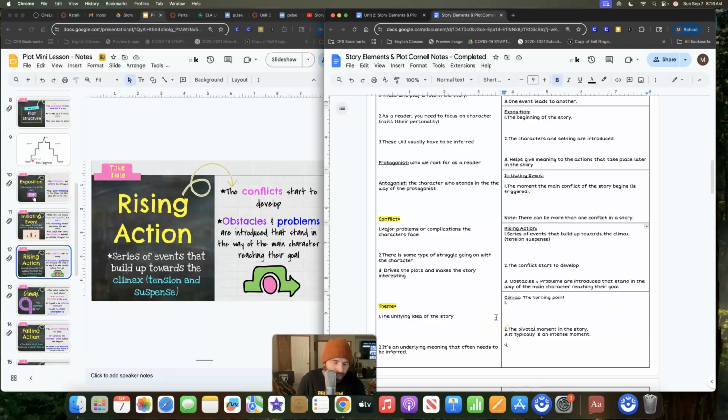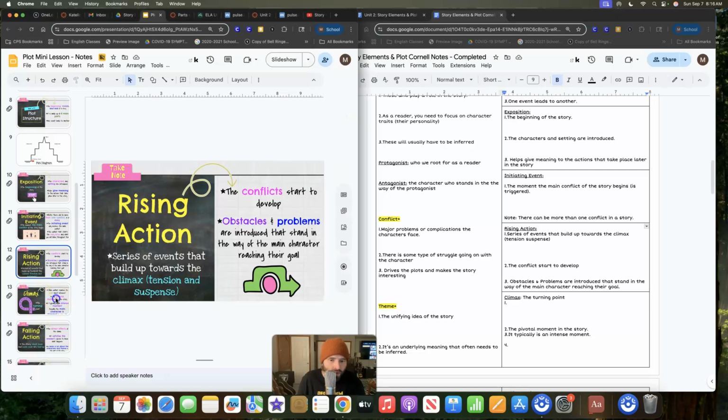Whatever their main goal is, the rising action is when some things are happening that prevent them from getting there. Now, they'll eventually get there one way or another, and that'll be our climax. But in the rising action, they're working their way towards it. Okay. So then when we move here into